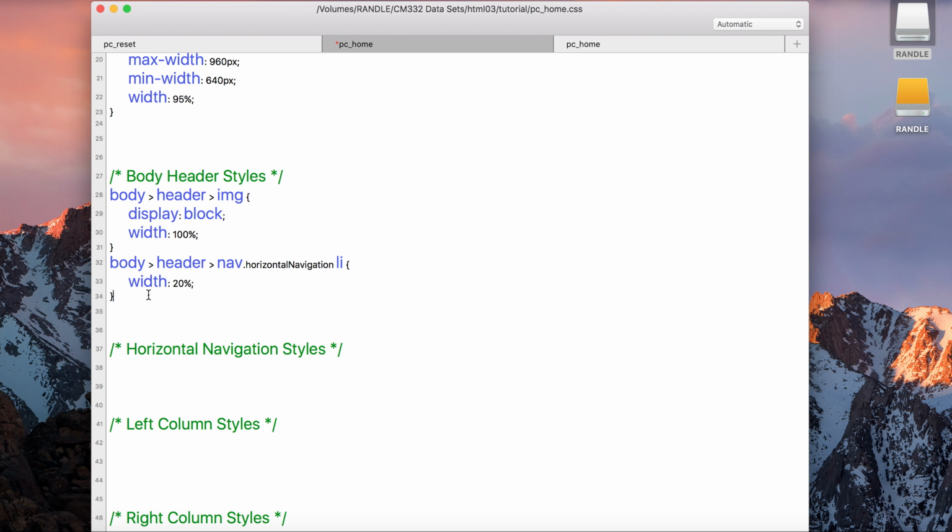Okay, now we've got to insert step 3, page 185. Insert the following style rule within the horizontal navigation style section to display every list item within the horizontal navigation list as a block floated on the left. Okay, so I need to go to my horizontal navigation style section. That's my line 37. Underneath that, I'm typing